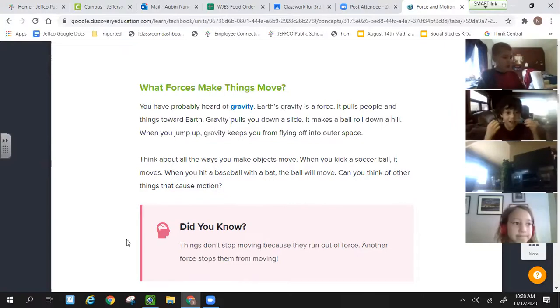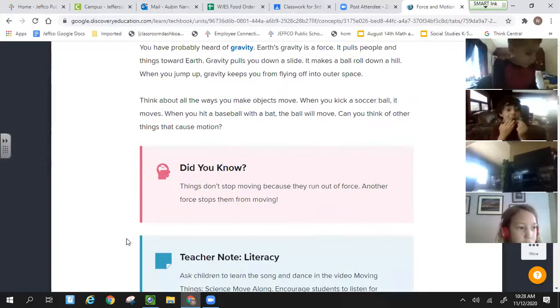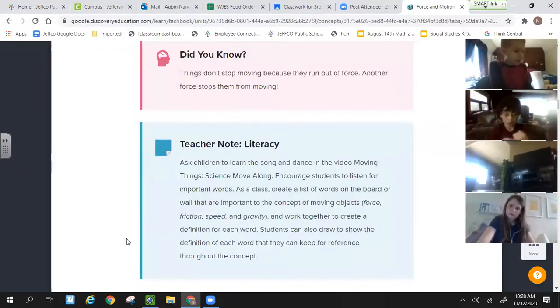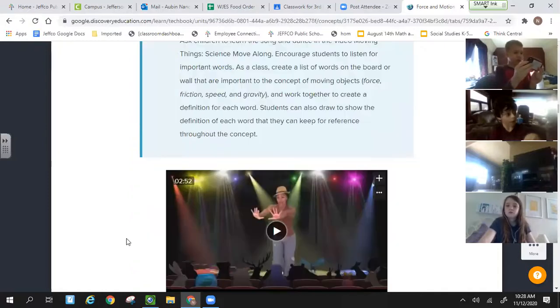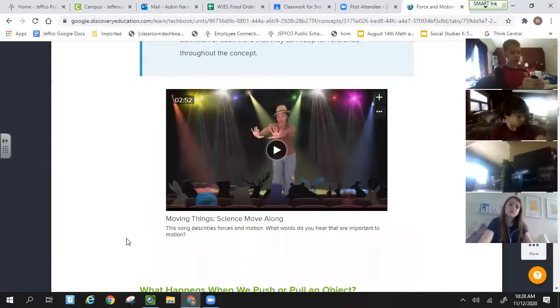They stop moving because other forces stop them from moving. And that's what Ryder talked about earlier. Things like friction. If you kick that soccer ball, because you have the grass and the air and everything else, eventually that soccer ball, even if it doesn't hit a wall, is going to stop moving.